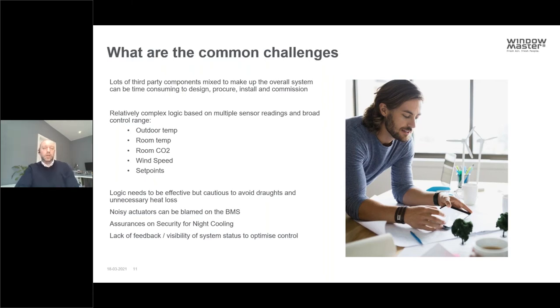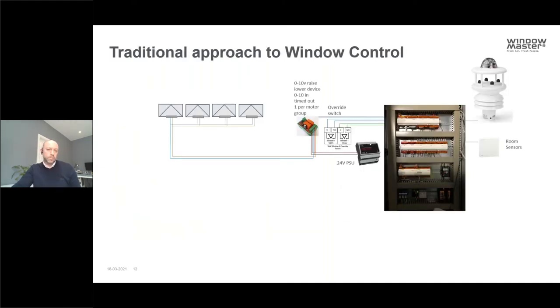And of course, traditionally, it's been quite difficult to achieve feedback on the system apart from what we get from the sensors. And that means that quite often, if there is an issue, if the control algorithms aren't optimal, we don't know about it until the sensors indicate that the space is in some way not meeting the optimum conditions that we're trying to achieve. And then we readjust the system and then we wait and see what happens. And maybe there's a slightly better way of doing it. So there's lots of different ways of implementing window automation, and we're going to take a look at probably the most common,